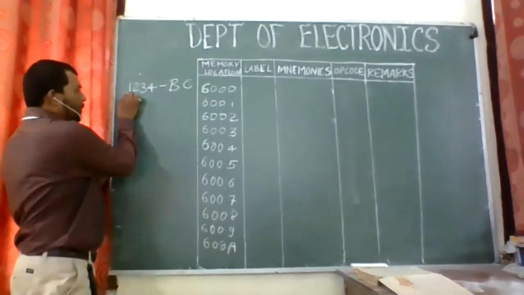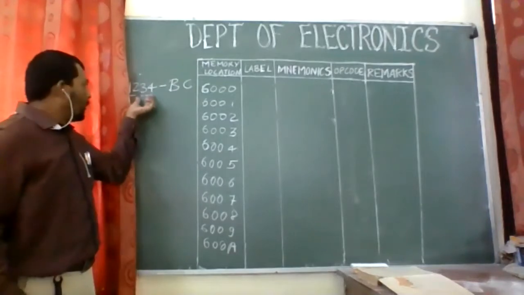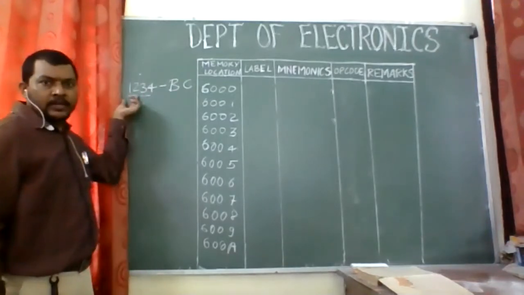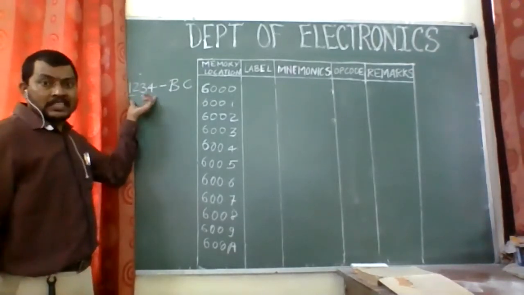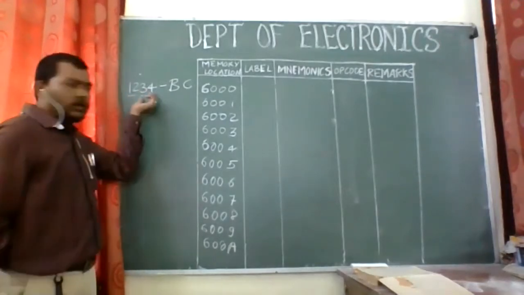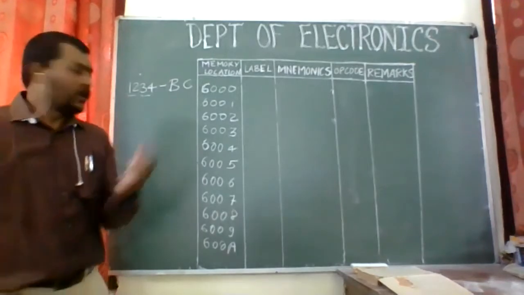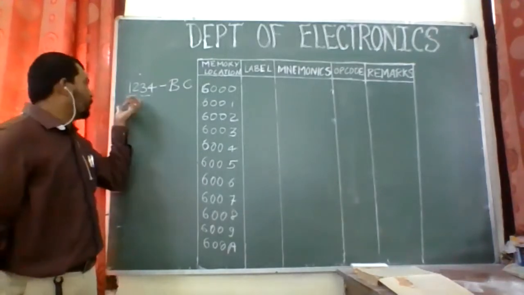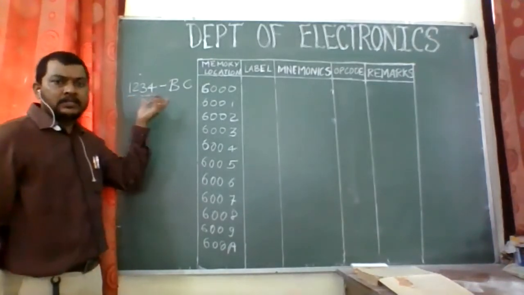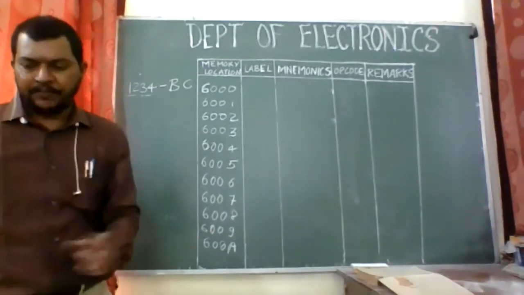अब ये डेटा कितने बिट का है? ये 16 बिट का है, राइट? तो ये 8 बिट है और ये 8 बिट है, राइट? तो हम लोग इसको बोलते हैं 16 बिट का डेटा while we convert it into binary. तो ये 34 जो है दैट इज 8 बिट इन बाइनरी. Similarly 12 is again 8 bit. So 8 bit plus 8 bit is 16 bit. So we have to store 1234 in register pair BC.